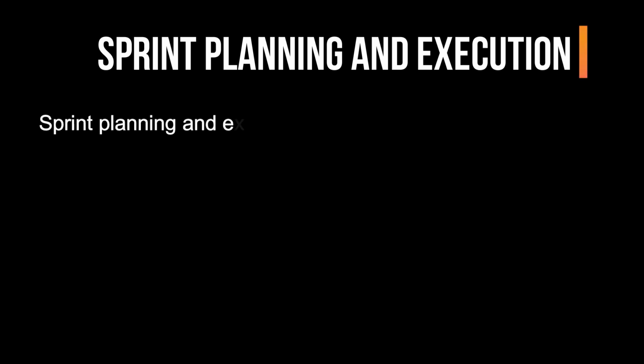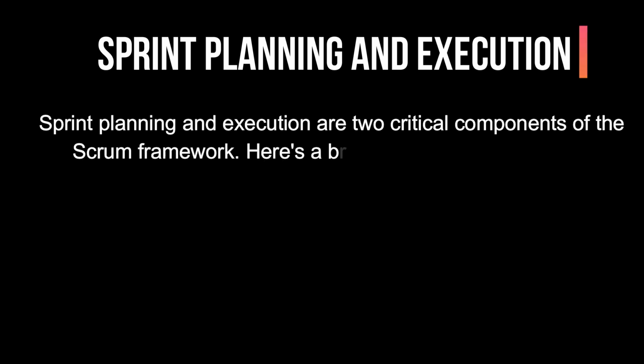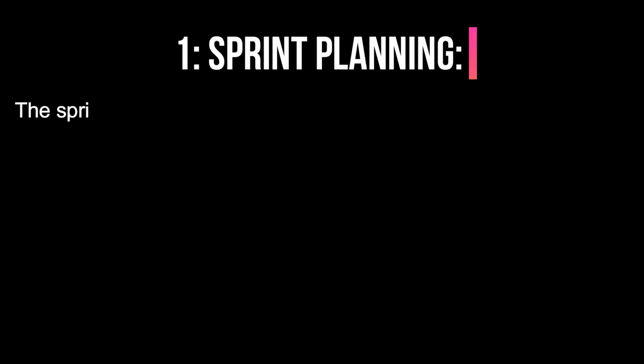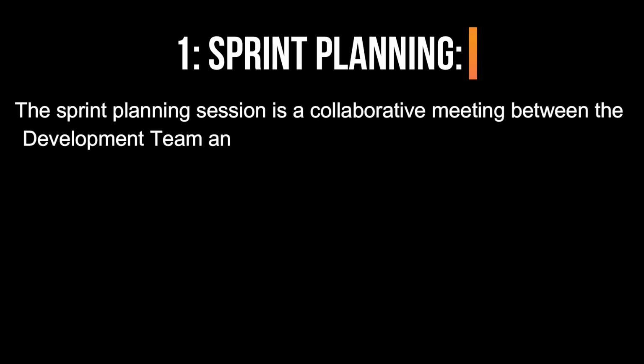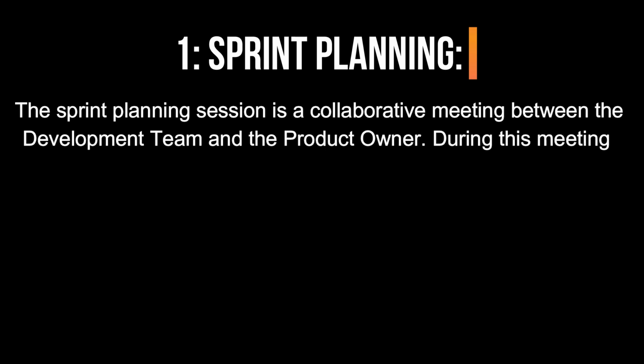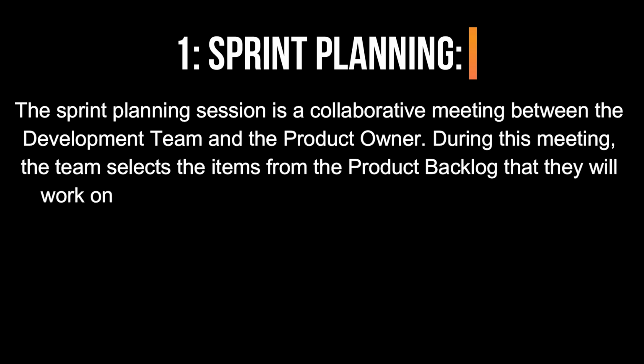Sprint planning and execution are two critical components of the Scrum framework. Here's a brief overview of each phase. 1. Sprint planning. The sprint planning session is a collaborative meeting between the development team and the product owner. During this meeting, the team selects the items from the product backlog that they will work on during the upcoming